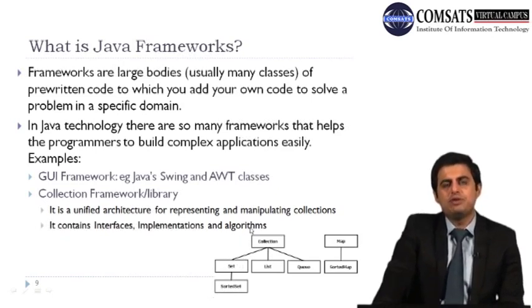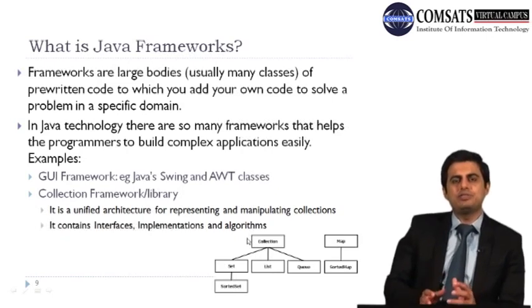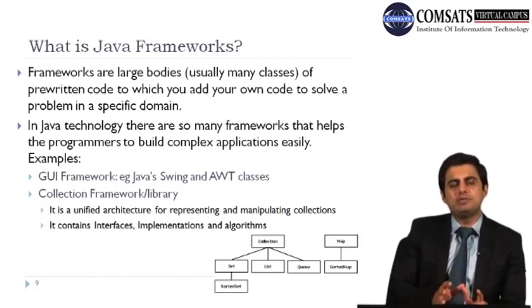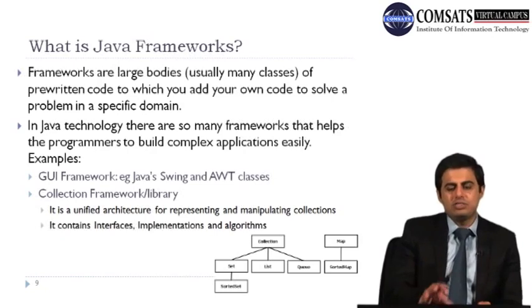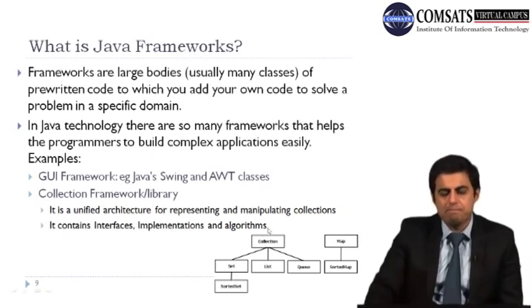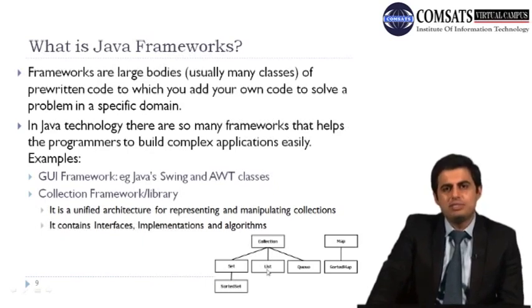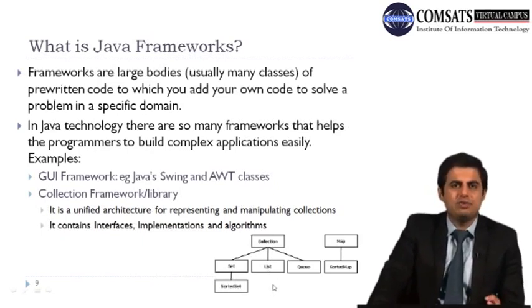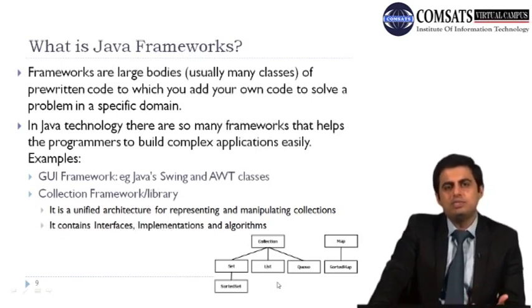Collection frameworks will be used when you have data which you want to keep in some kind of array, or which you want to make some kind of a set for. So you can use this collection framework, and you can use the libraries which are attached with the framework. In those libraries, all the features of these different collections have been written already. For example, there is code for list. I showed you some examples before that you can call a collection of list, and then you can add objects to it or any kind of items which you want to keep together in one collection.